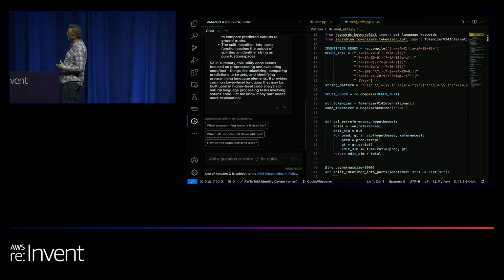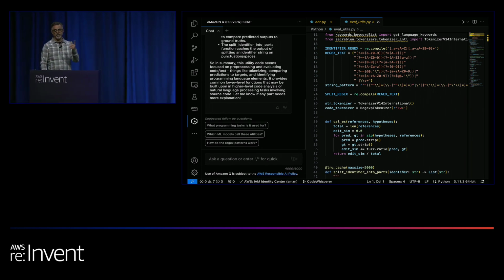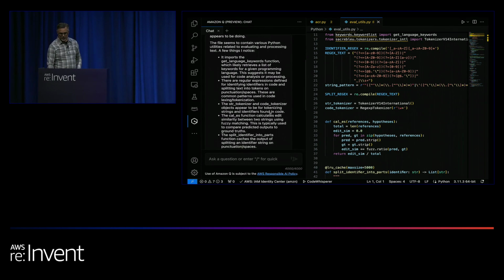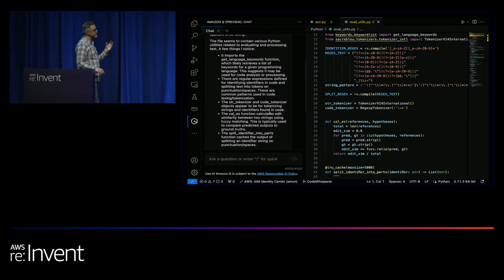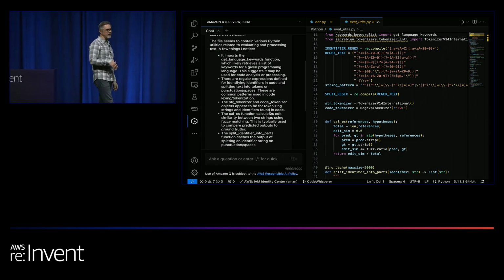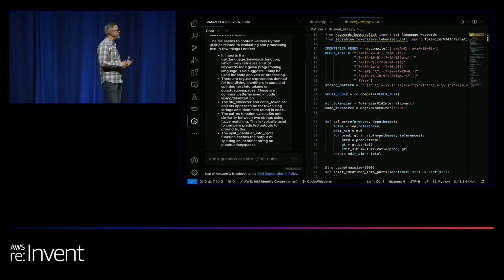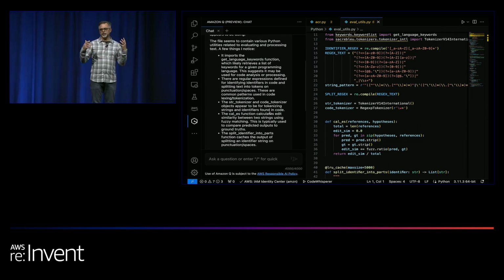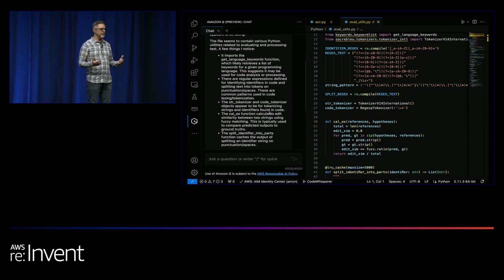And this one's in Python. Some of you said you like Python, right? And it says, tell me what this does, and it goes through and gives me a description of every method in this file and what it does and how it works. This is great for times when you're new to a project or working on something more unfamiliar.